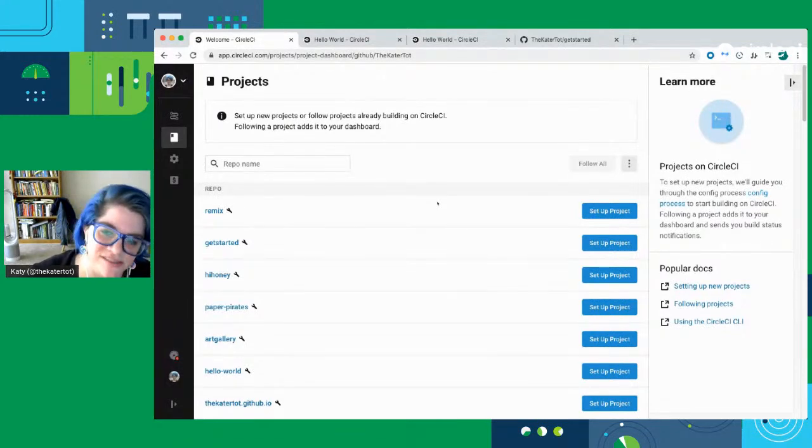Angel says the failed builds are the most important element in CI/CD. I would agree with that, because if I had just hooked this up to Remix and it had passed straight away, I wouldn't have known anything about what was going on, right? So I had to jump into the config, figure out how I was running my tests, figure out how the config file was running my tests, the order in which those things were happening, right? So